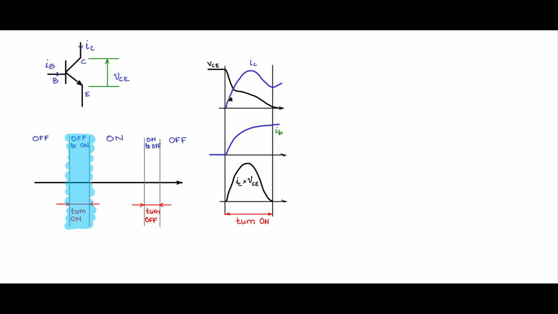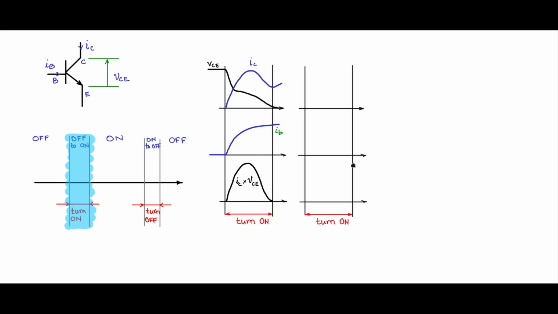The instantaneous values of IC and VCE keep on multiplying and then I plot this curve. So this looks like this. Now relative to this IB, let me make a few changes so that you try to get some more insight. So next, I will place another similar turn on segment, and let us view the same waveforms.